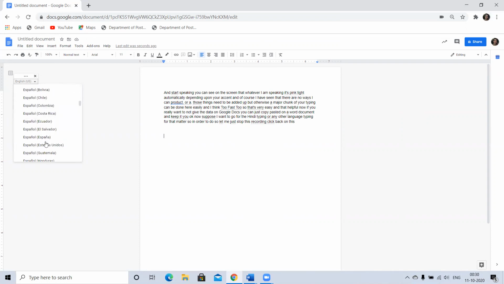So from here, I scroll down, down, down, down, and I come to Hindi. Okay, so I pick up Hindi. You can see we've got other regional languages also, which maybe we don't need as of now. So I pick up Hindi and again the same process. So now I click